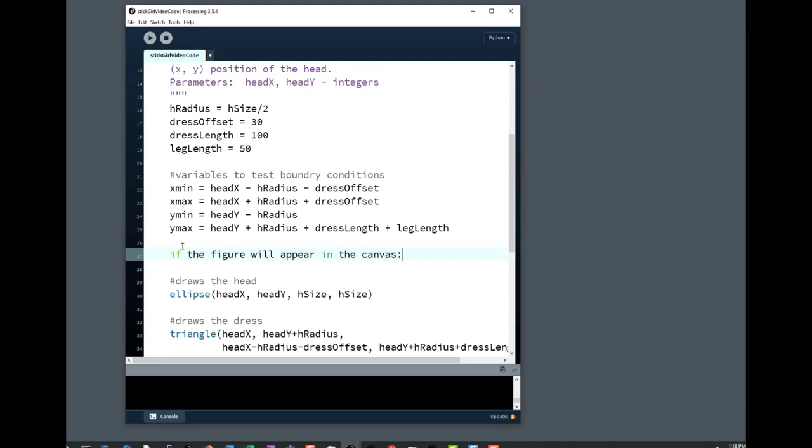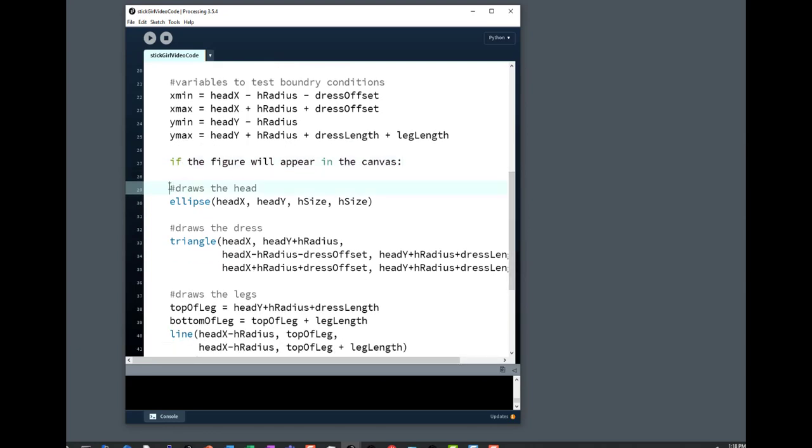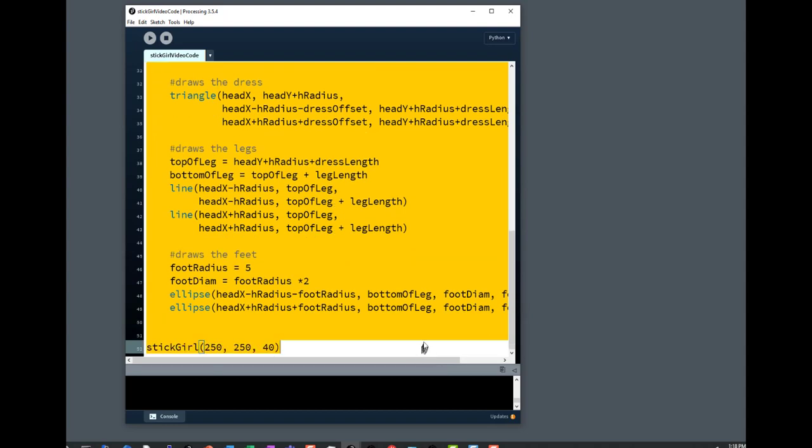Okay, so now I'm writing pseudocode, not Python code. I'm just getting my skeleton here in place. So if the figure will appear in the canvas, then I want to draw the figure, which is what I'm doing here with this code that I have highlighted. So in this case, I want this to be in my if block. So if these conditions are true, such that the figure will all appear within the drawing canvas, then go ahead